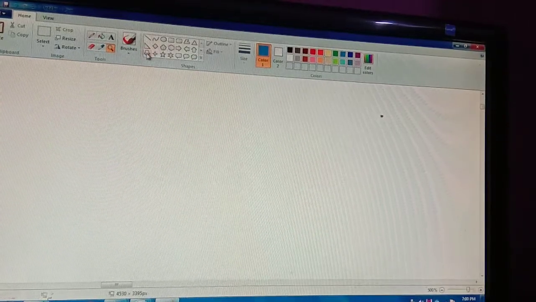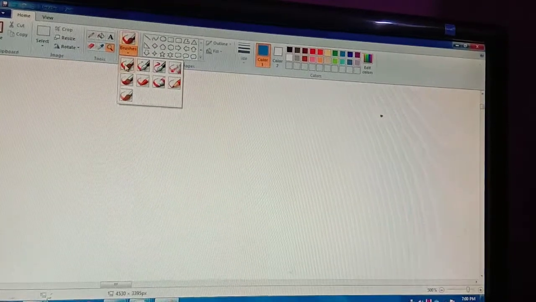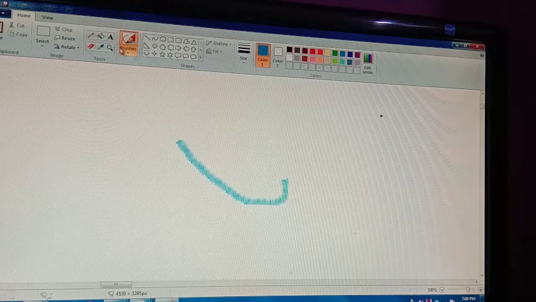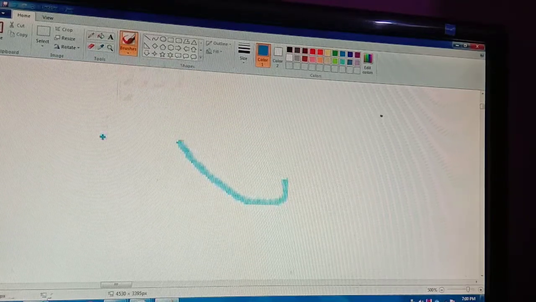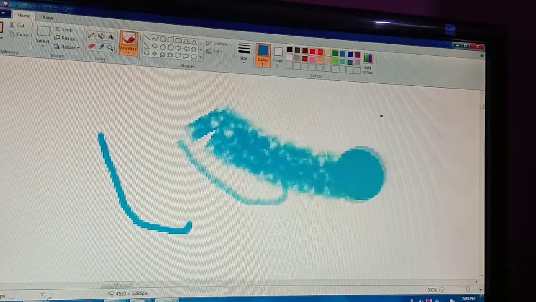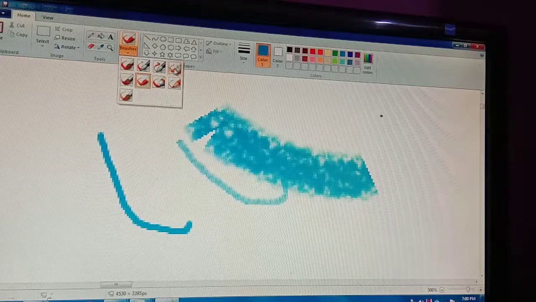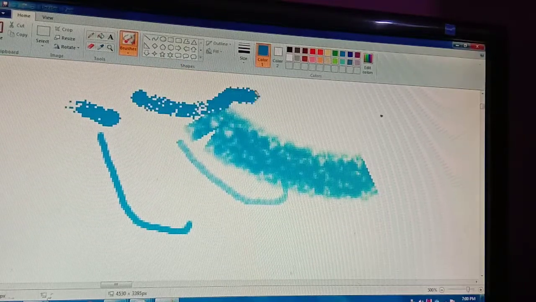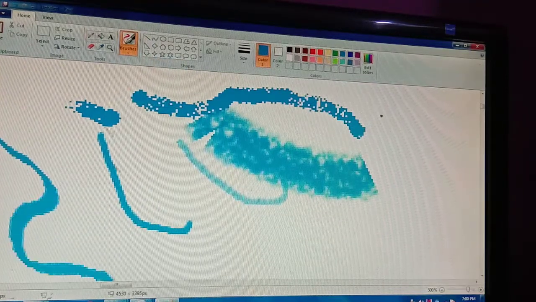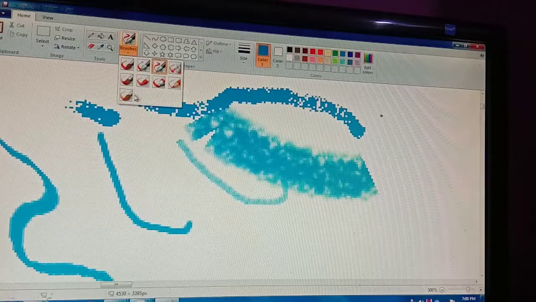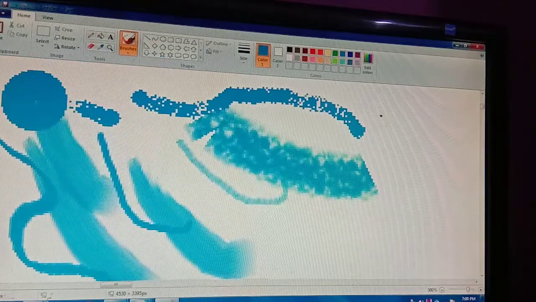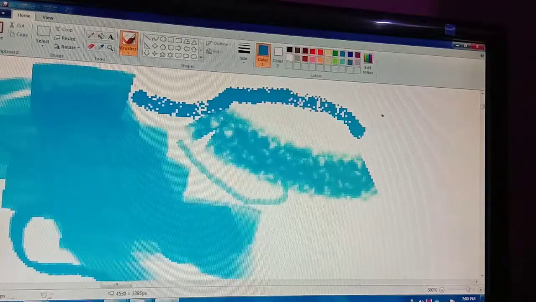Okay, so this is your brushes. Different types of brushes are there, so you can select your brush type. For example, you want to select this brush, a little bit darker brush. Okay, different types of brushes are there. You want to select this, okay, you can select this one, just like this. So it's just like your painting colors, okay.